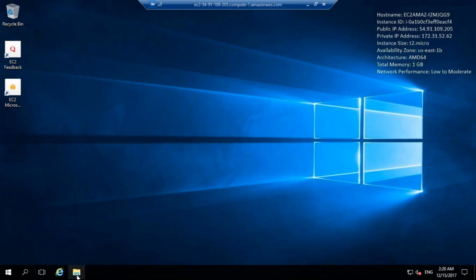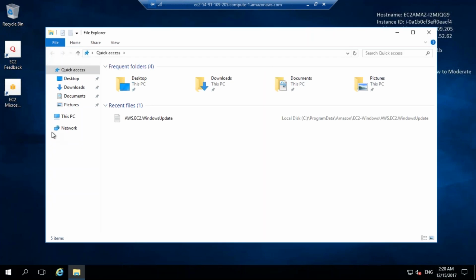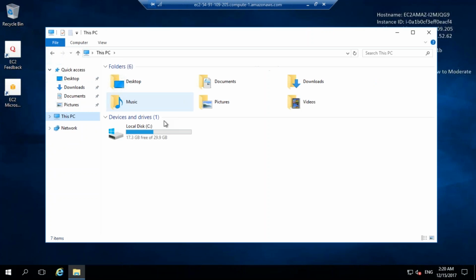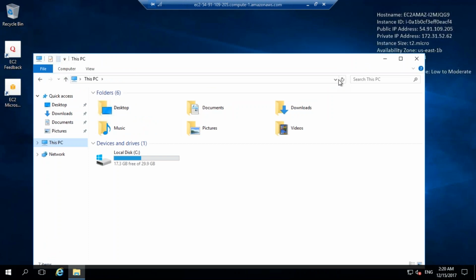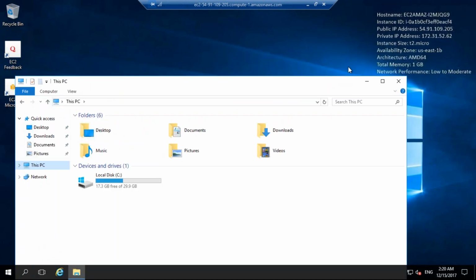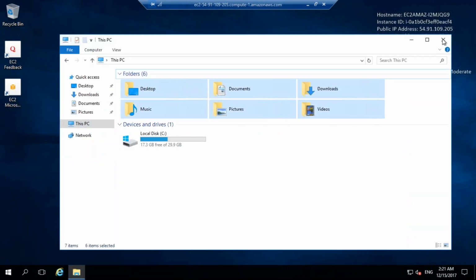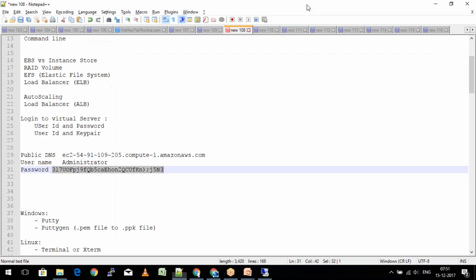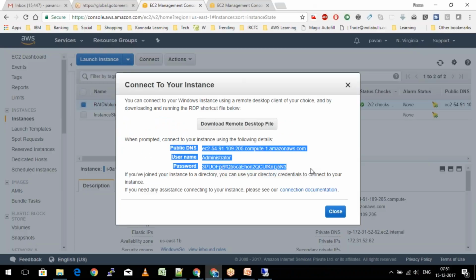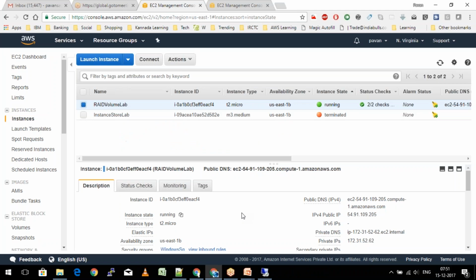Now I'll quickly go ahead and click on this box here. So if I click on this PC, one second. So we had attached extra 3 volumes.